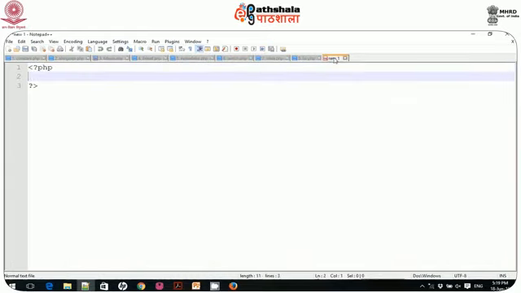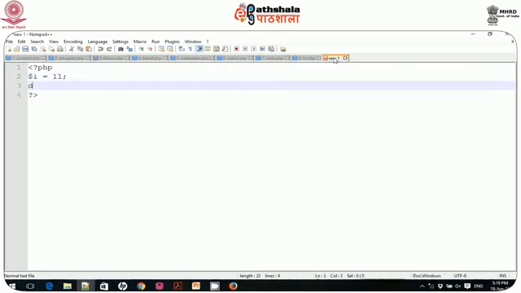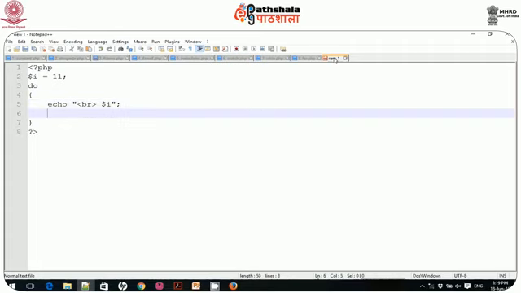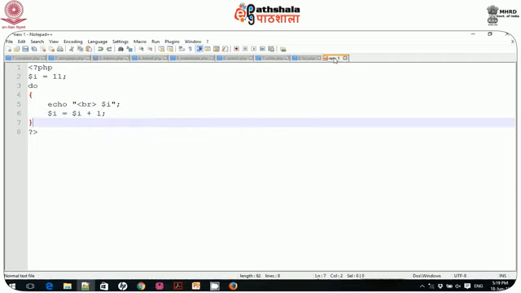Let me show it here. Say for example, I define $I is assigned 11, do, then you can write echo br $I, and you can say $I is assigned $I plus 1, and here I write while $I is less than or equal to 3.